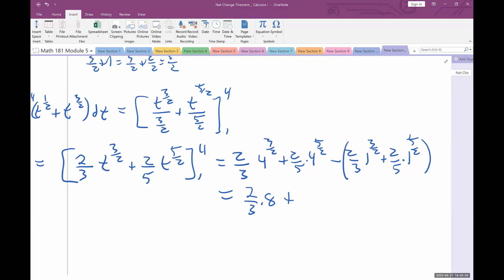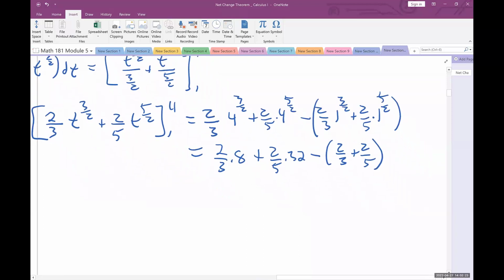That's 32. So 2/5 times 32, then minus 1 to the 3/2 and 1 to the 5/2, so 2/3 plus 2/5. Now it's not even algebra, it's just combining numbers. It's like 16/3